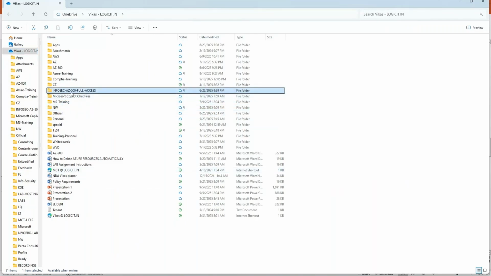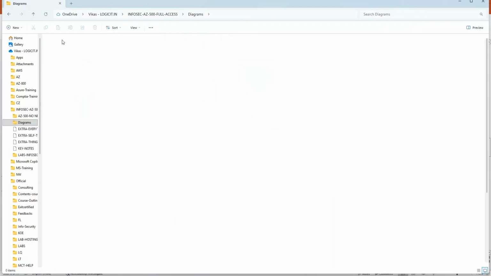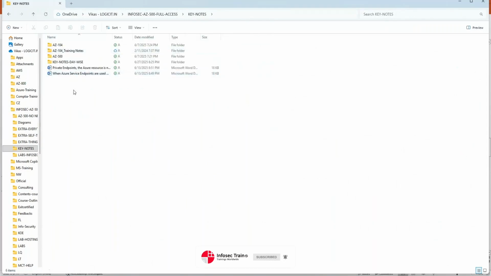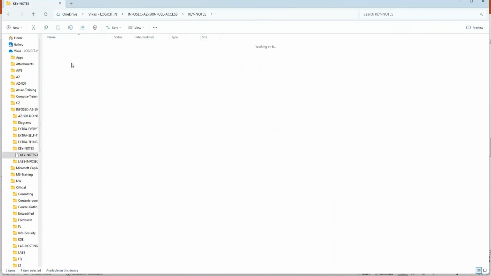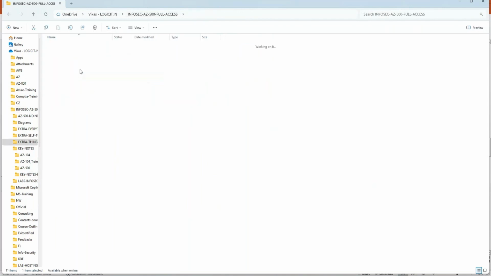These folders have everything you need to learn for 104 and 500. In this, we have all the scenario diagrams, all keynotes day-wise, and extra things for trainers.